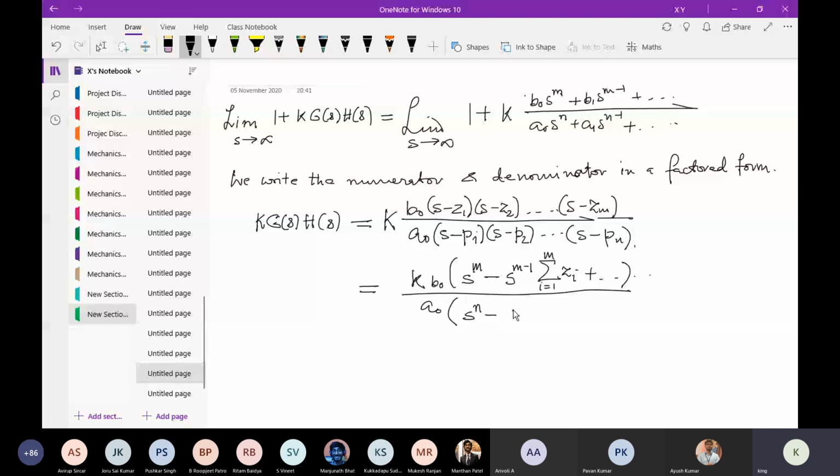The first term will be the sum of the roots. So this will be likewise